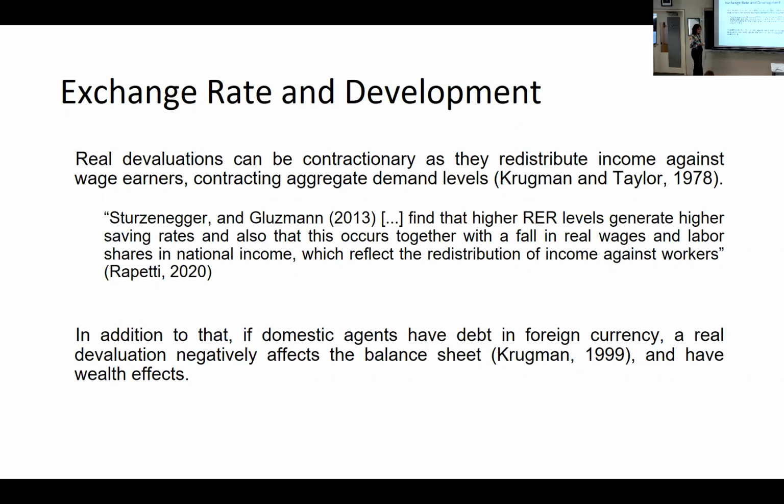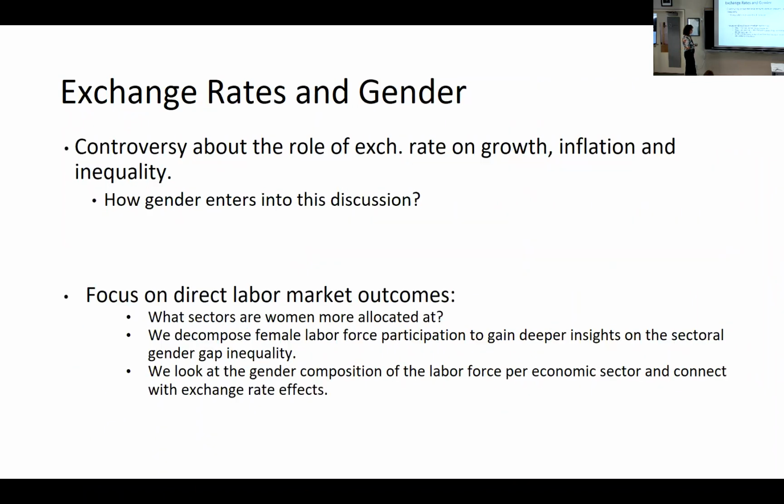In addition to that, if you have that in foreign currency, again, the exchange rate can be seen as a price, so that can worsen the balance sheets, and you can also have wealth effects depending on who owns the bonds and those kind of things. So to summarize, yes, exchange rates, devaluations, for example, can generate structural change, but there's also controversy about the overall effect. So we have the distribution of income that has to be taken into consideration, inflation, especially the role of exchange rate as a price of imports as well,